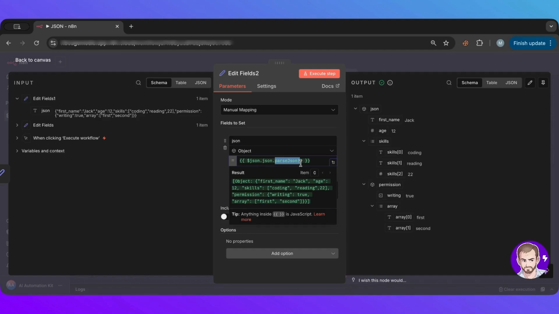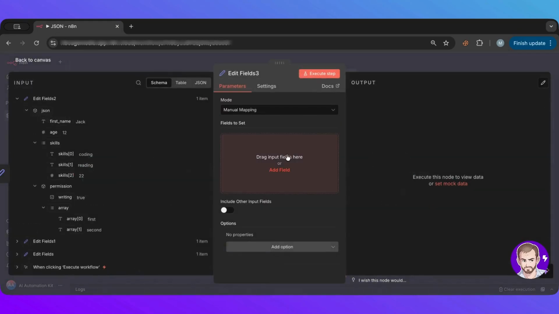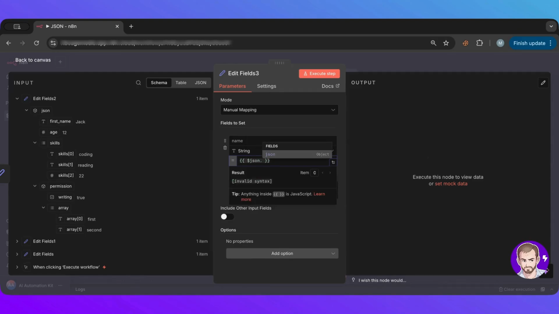So Parse JSON is a very, very strong expression that you could use. You could store whatever JSON that you have inside of a table, and whenever you want to turn it back into a workable schema like here, you only need to parse it. Okay. Now the other way around is if you have a JSON and you want to turn it into a text, and to do that, I'm going to create another edit fields. And what I'm going to do now is I want the JSON here dot